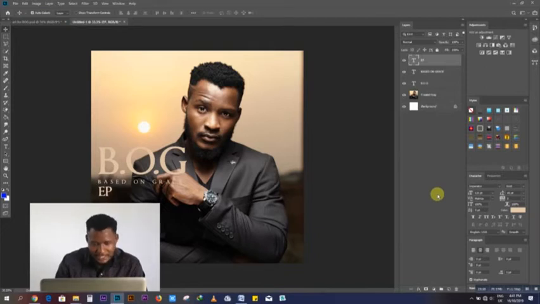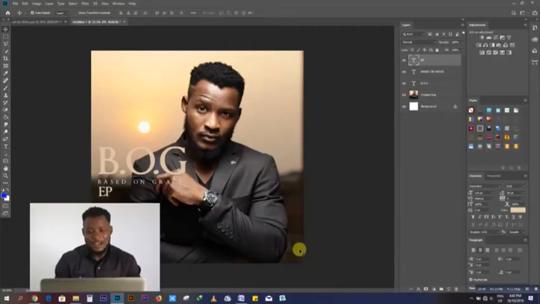Don't forget that the idea is to emphasize certain text, because that's what you want the audience to see. When they look at the designs, the first thing you want them to notice about the design, apart from the image. When it comes to the text, some text has to be highlighted or emphasized for the sake of passing across your message easily. That's why we highlighted BOG,